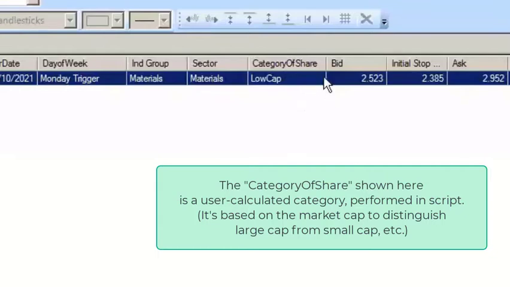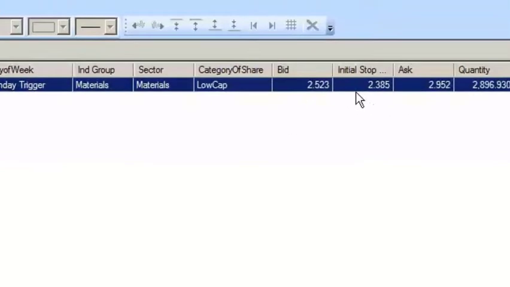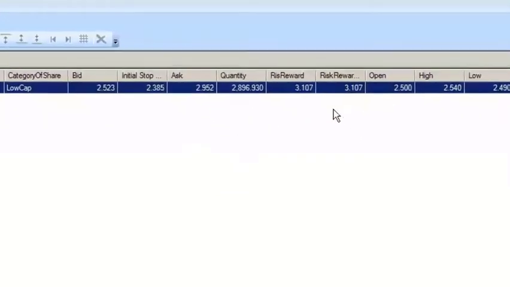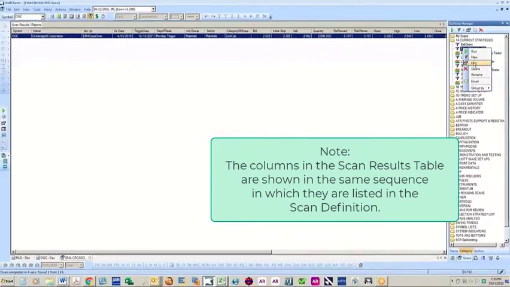I'll run a few pivot tables in spreadsheets and what have you, and do some higher end analysis on not so much curve fitting, but trying to understand where a strategy might best work within the environment and the markets. This is where it's calculating the bid, the initial stop, the ask, the quantity, and the risk reward, and then just returning that. So I'm actually going to go into the design now.